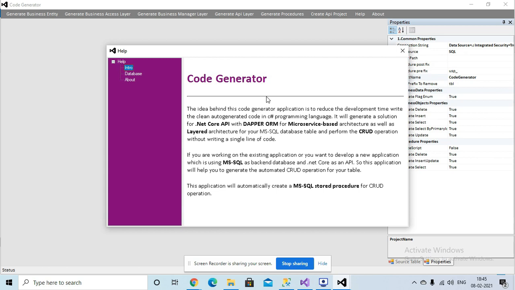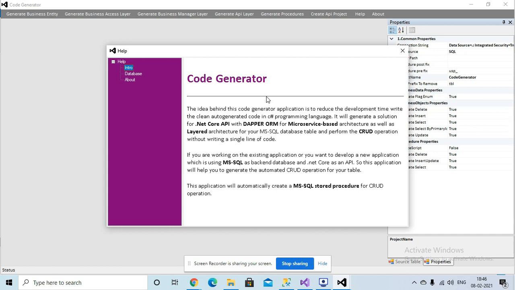Write clean auto-generated code in the C# programming language. It will generate a solution for a .NET Core API with Dapper ORM for Microsoft microservice-based architecture as well as layered architecture for your Microsoft SQL database table, and perform the CRUD operation without writing a single line of code.